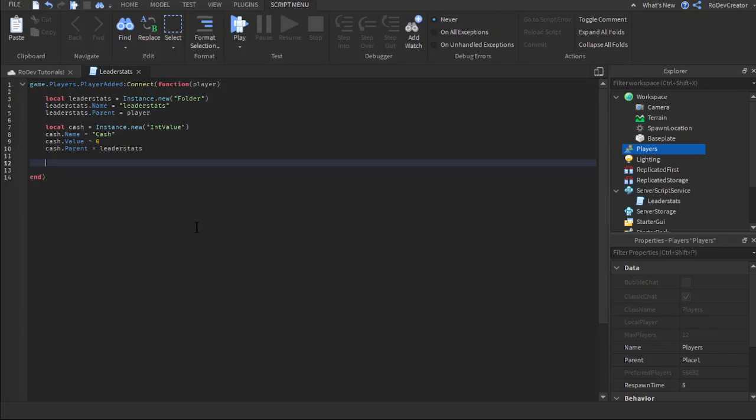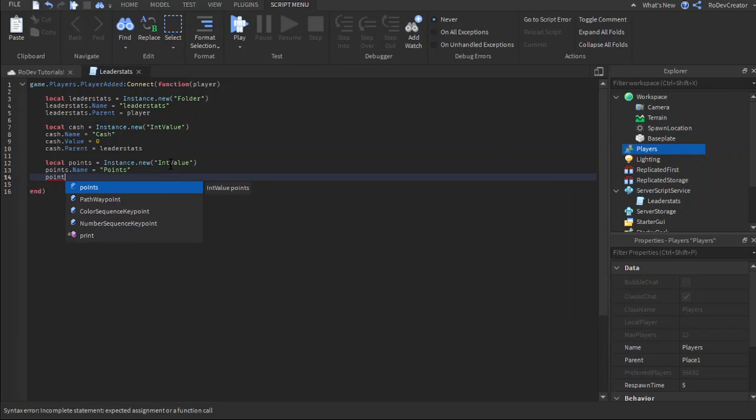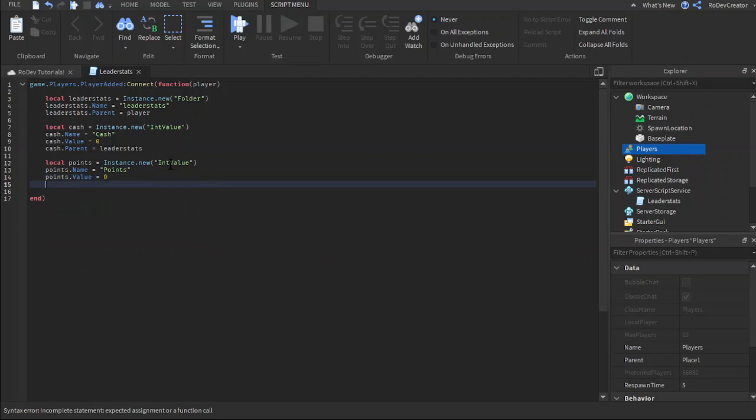But let's go ahead and add another one, and we'll call this one points. Local points equals Instance.new, and like we did in the one up here, we're gonna do IntValue with the brackets, quotation marks, and then add IntValue. Go ahead and skip a line, and we'll say points.Name equals points. Skip a line and say points.Value equals 0, and then skip one more line and then say points